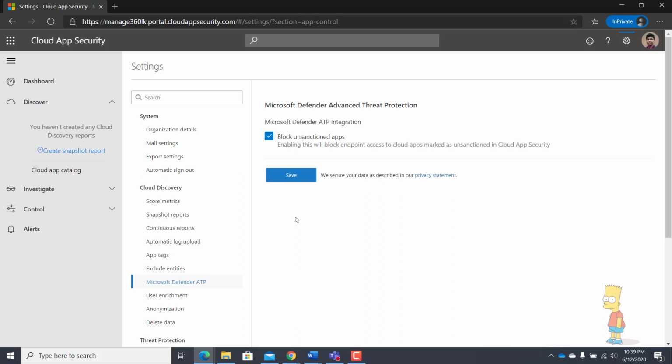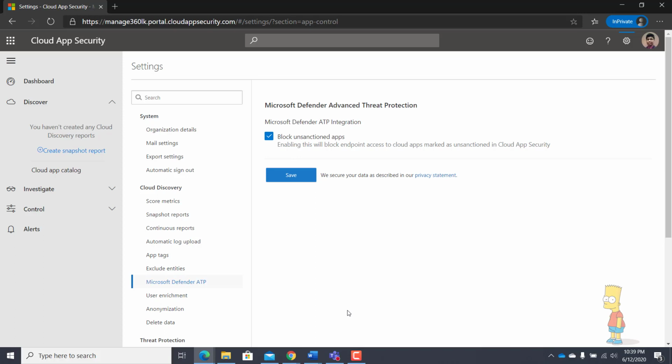For example, if you block Dropbox from Cloud App Security, saying you don't want that app accessed within your organization's machines, then that policy will be passed down to Defender ATP. Then Windows 10 machines won't be able to access that application.